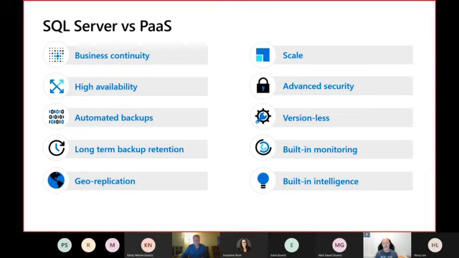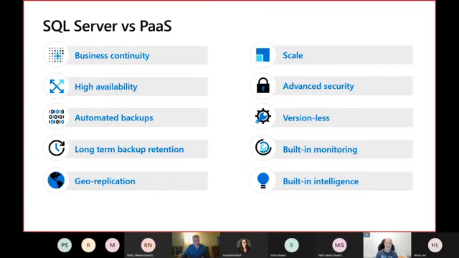Also, and this is not only for platform as a service, it's also for the virtual machines, you have the possibility of doing scaling very easily. What does it mean? So if you click through the Azure portal, you can assign more CPU, more memory, faster disk to all these virtual machines, and just reboot, and boom, you have the new hardware or the new set of CPU and memory over there with absolutely no problem.